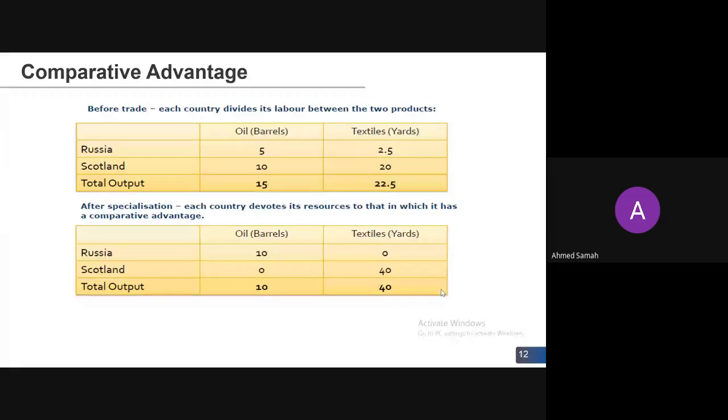Now, when they specialize, that means previously they were producing both the goods. That means in order to produce, let's say, 5 oil barrels, if they are producing 5 oil barrels, Russia can produce only 2.5 yards of textiles. And if Scotland was producing 10 oil barrels, they can produce only 20 yards of textiles. Then in that case, oil barrels, we get 15 barrels, and textiles we can produce only 22.5. So if we add those two quantities, we can get